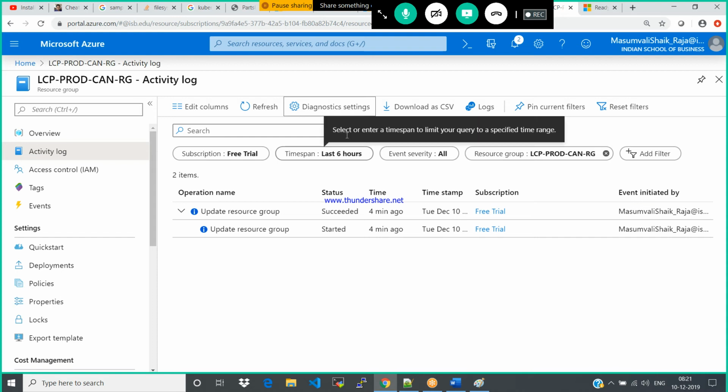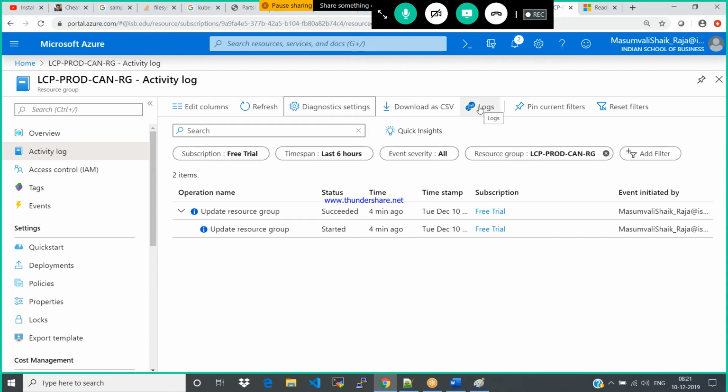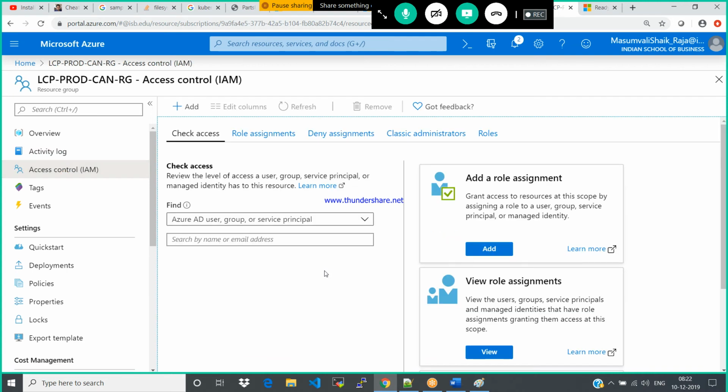Okay, so when you talk about log analytics, I will show you how to write the queries. That query language is called Kusto queries. How to get the logs and store them in the particular area, and from that, how to generate the reports. We will see all of them in the monitoring part. Okay, so coming to the access control. What do you mean by access control?